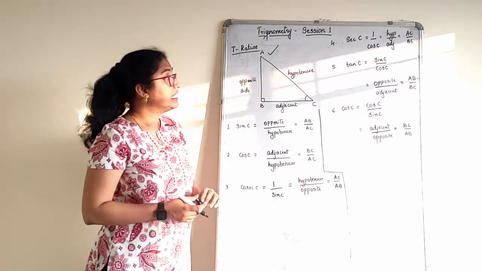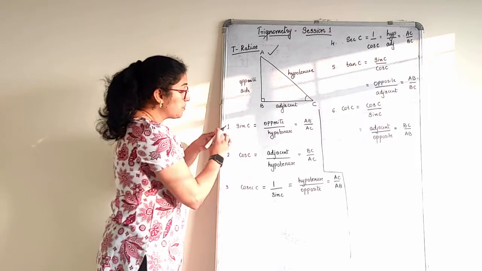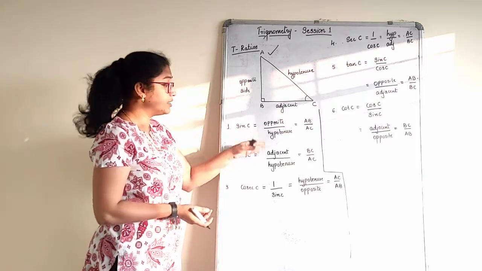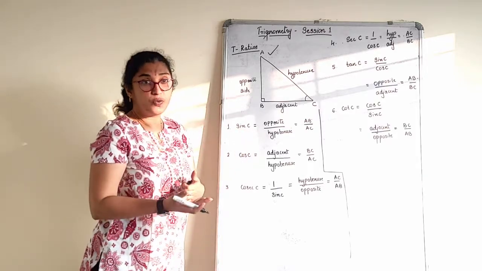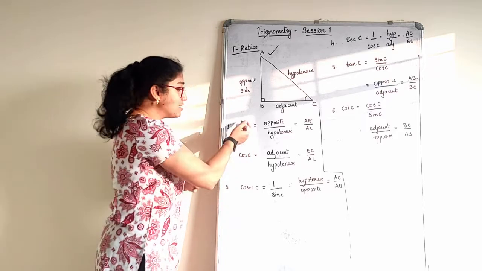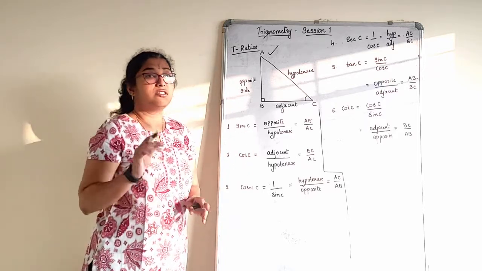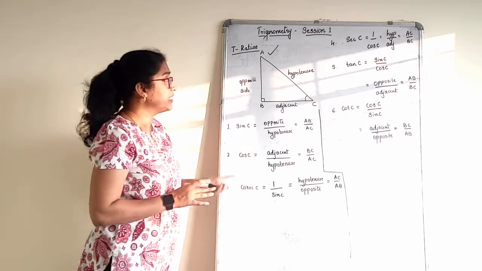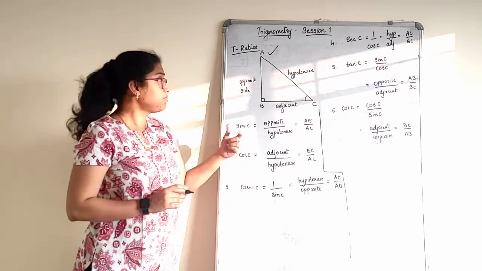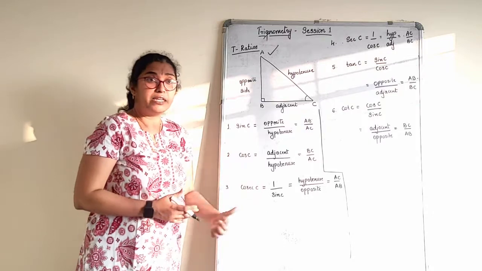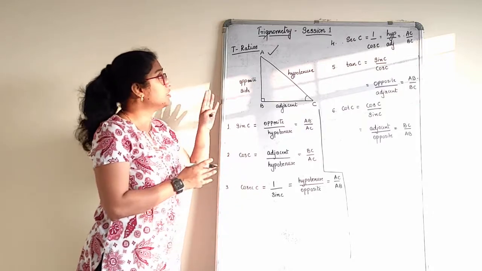The next is tan, which is sin upon cos, opposite by adjacent. The last one is cot, which is cos upon sin, that is adjacent upon opposite. Isn't it very easy? So there is no question of by-hearting here, right? Just write this down. With this we complete today's session, but still I want you all to write